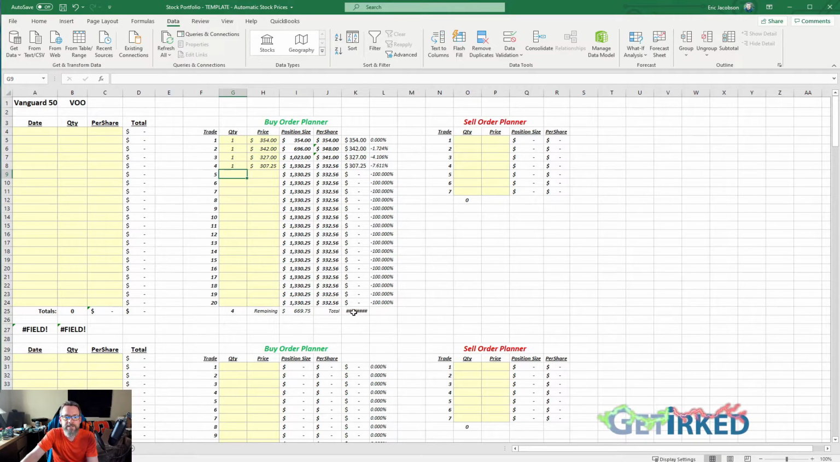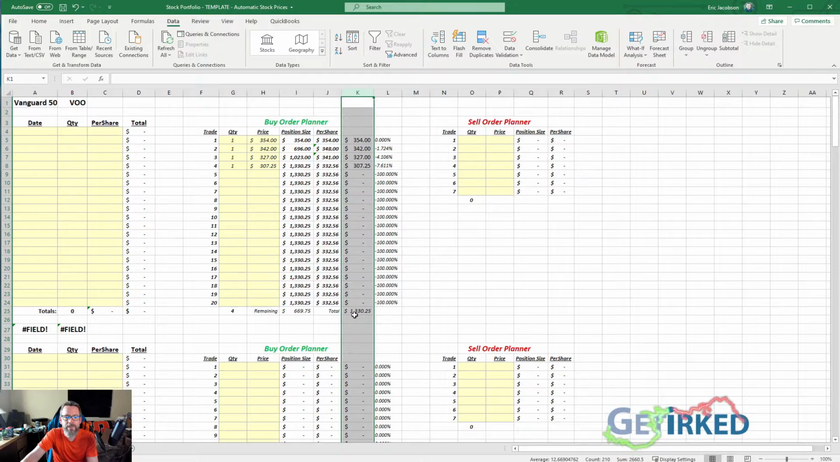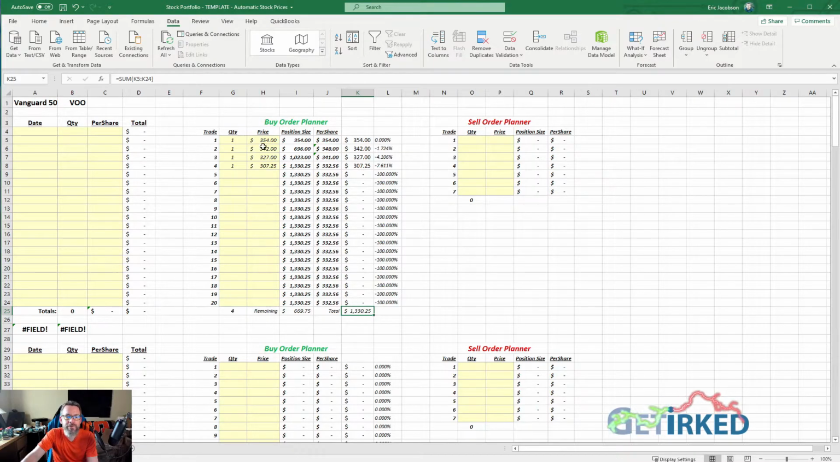If you see these number signs, a quick way of fixing this, it just means that the number that's in there is wider than this column. If you go up to your K box and double click when you see this icon, it will automatically make the width of the column the widest it needs to be to accommodate all the numbers that are in that column. So after 4 orders, you can see we have